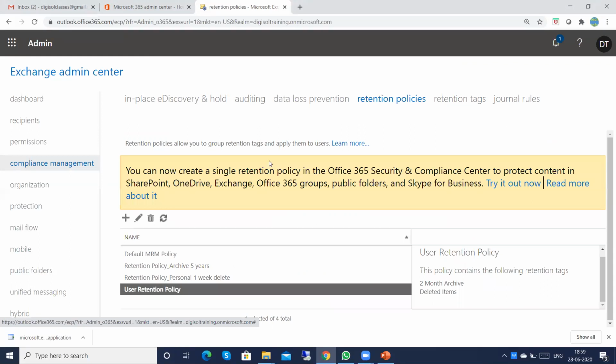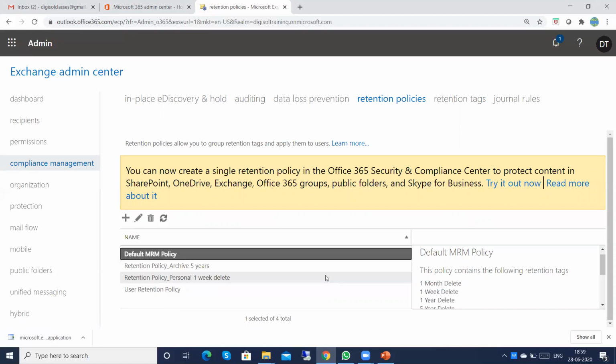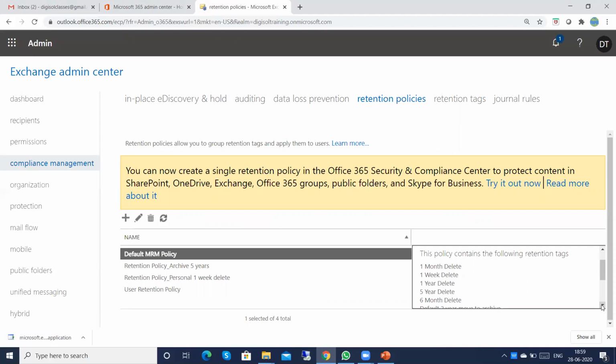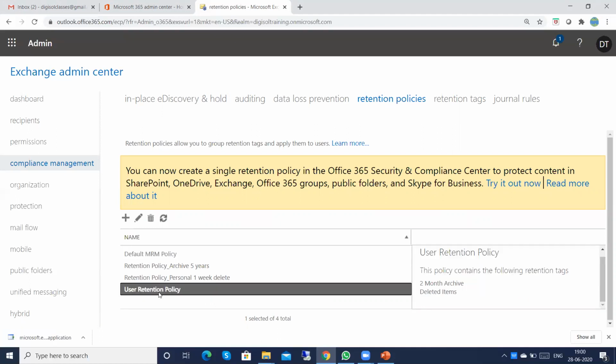In the policy we have to add the individual tags, right? If you see the default policy, different tags are already added: 1 month, 1 week, 1 year, 5 year. You can either remove or modify them. If you want customization, better create a new retention policy and add the new tags in that custom retention policy.